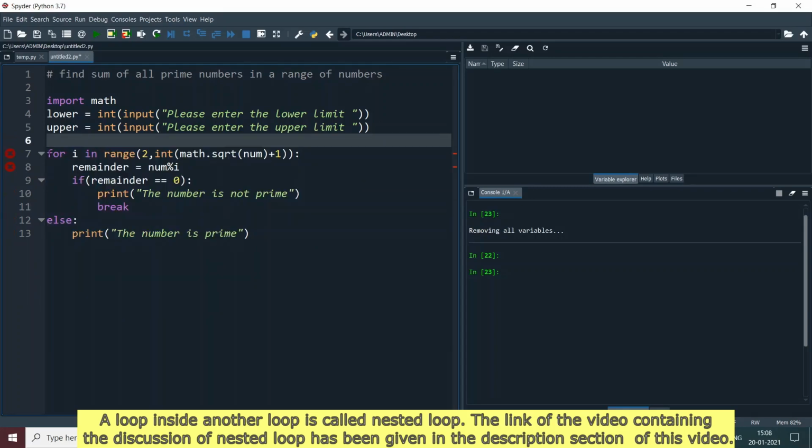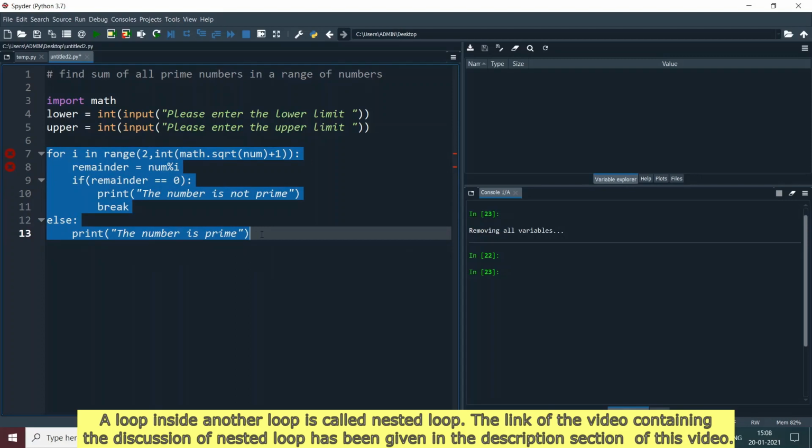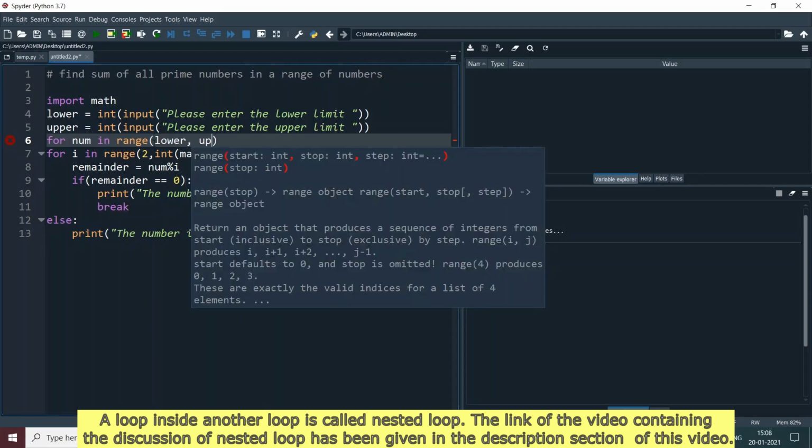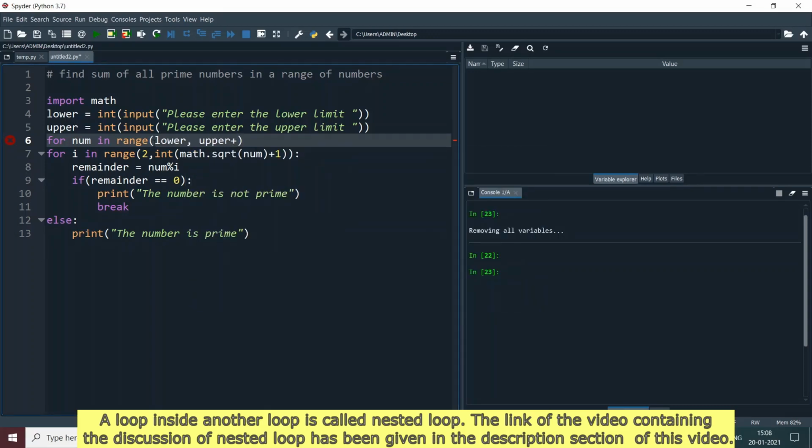Fine. Now we have to enclose this entire code inside another for loop. Let the iterator variable be num. For num in range, if you want to include both the numbers, the lower and the upper, then you have to mention lower comma upper plus 1, because if you just mention lower comma upper, the upper limit will not be included in the sequence.